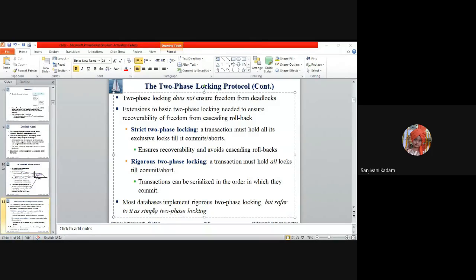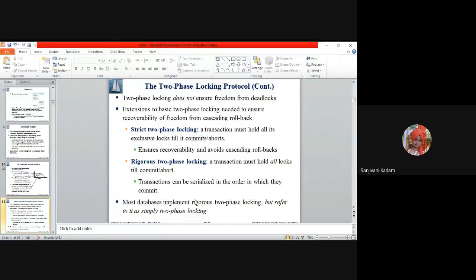So whatever databases are there, mostly they prefer basic two-phase locking. Basic means initially take all the locks, and after, when you come to know that you are not in need of any data item, you can start releasing the data items. So simply two-phase locking is preferable.